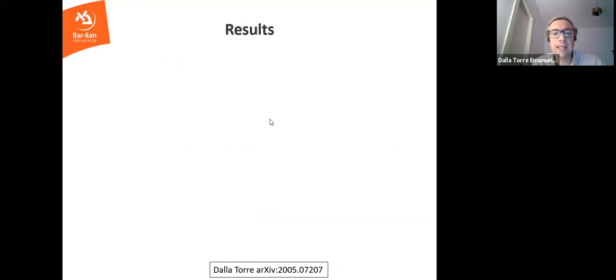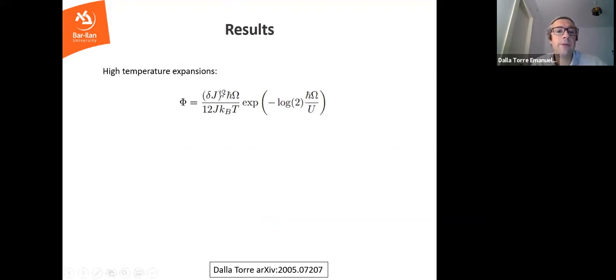Okay, good. So let me go to the results. So first of all, we can perform that calculation that I was showing you, and we end up with some expression for the heating rate. And what you see is that the most important part is this exponent. You see that the temperature does not enter into the exponent. So a little bit like the plot that I was showing you before, the temperature enters in the prefactor. So the heating rate goes down with the temperature, but the exponent is unaffected by the temperature. And again, this is true in the high temperature limit.